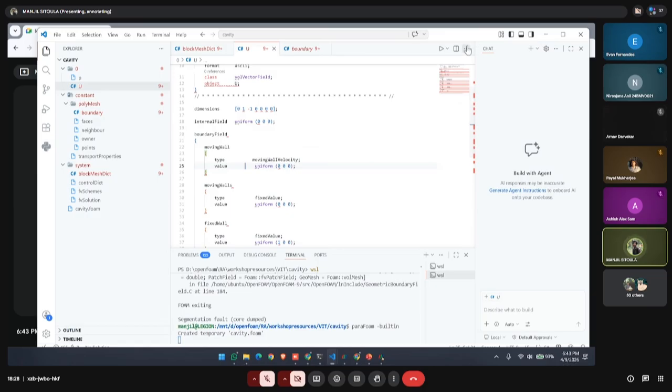So let's first set up the point displacement file, and then another file we need is the dynamic mesh dict file, which we don't have here right now. We have only the transport properties file and all these files. So what we can do is,